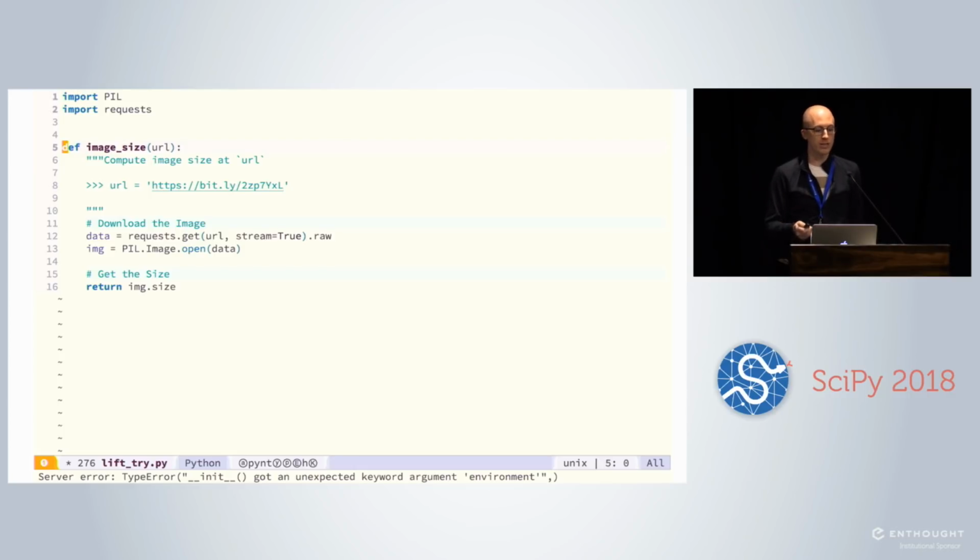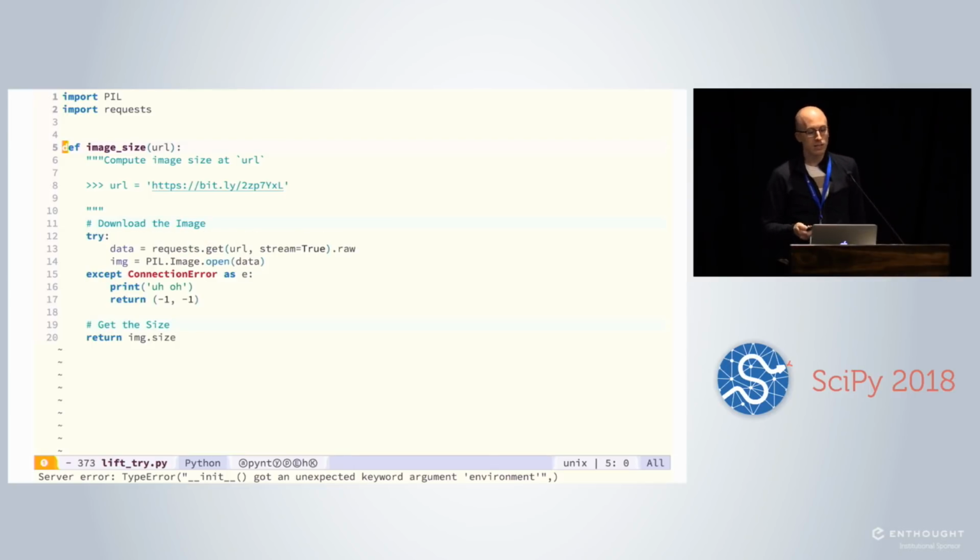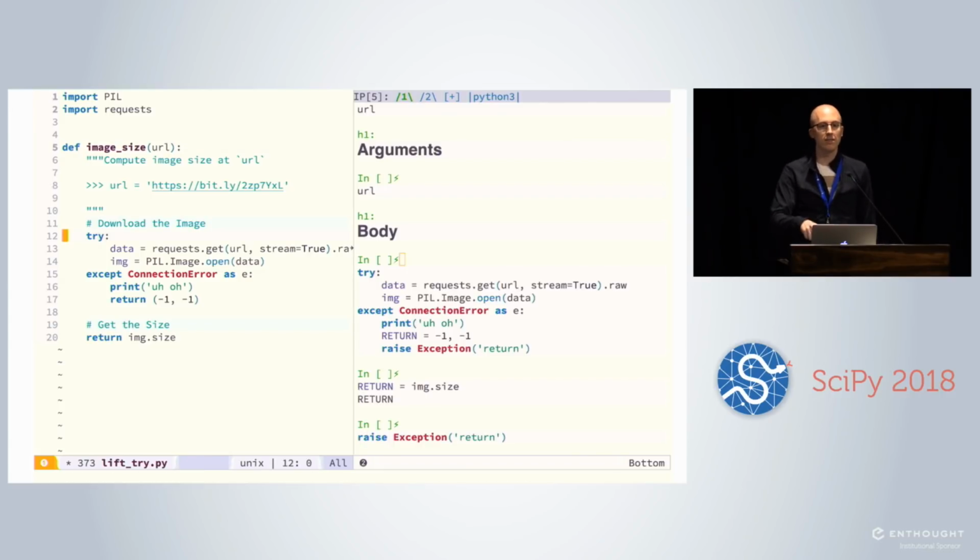Since we're good software engineers, we know that when we make a request to download something, stuff can go wrong. We might be given a bad URL, or maybe we don't have internet access, and this request call might fail here. So let's wrap it in a try/except block. So if there's an error, then we'll catch that and we'll return something sensible. Now, if we just generate a Jupyter Notebook and dump this code again,